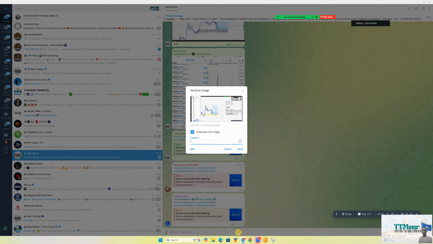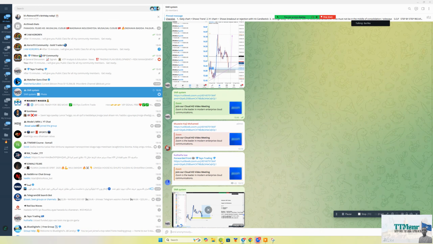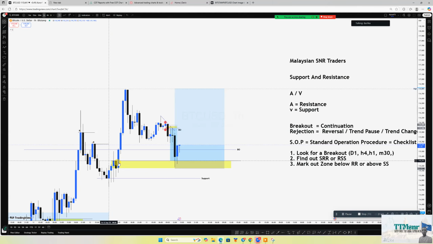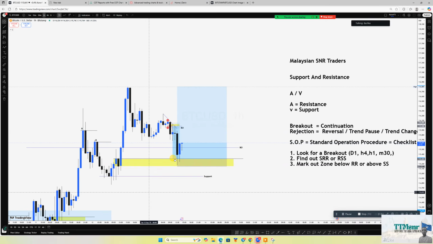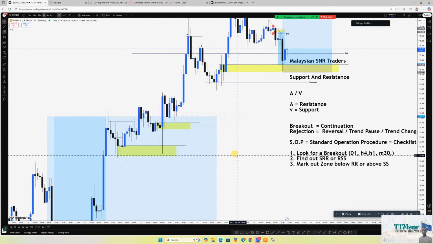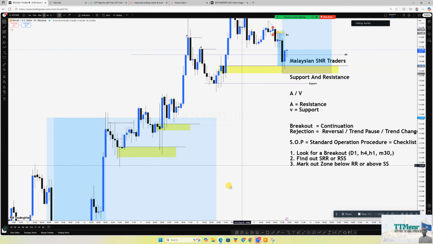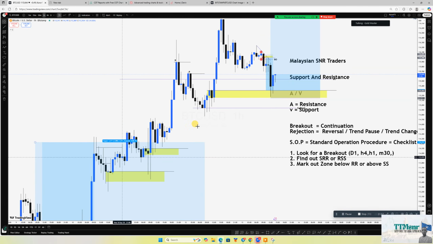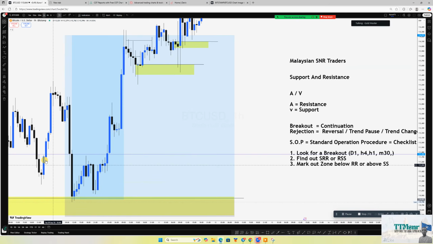Which one? The second example, the BTC one. This one is the second example. If you mean this one,